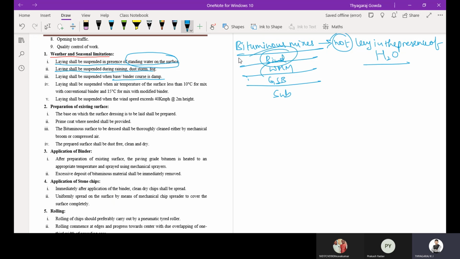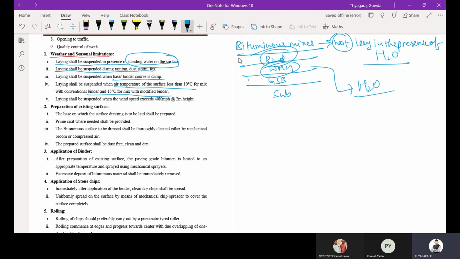When the binder course or base course is damp, damp means presence of water in the existing layer. If there is any presence of water in the existing layer, then also we are going to stop laying the bituminous mixes. Then laying shall be suspended when air temperature of the surface is less than 10 degrees, and 15 degrees for modified binder.